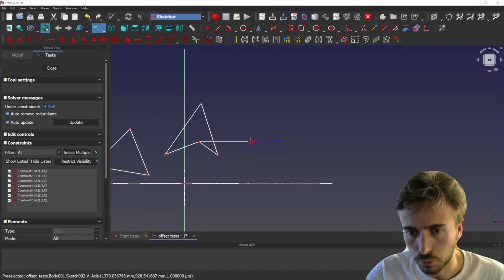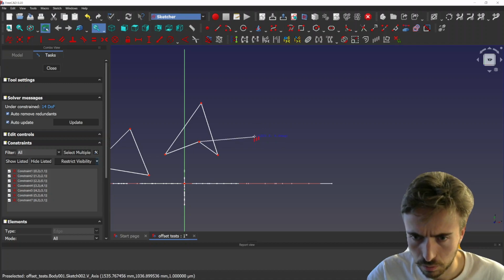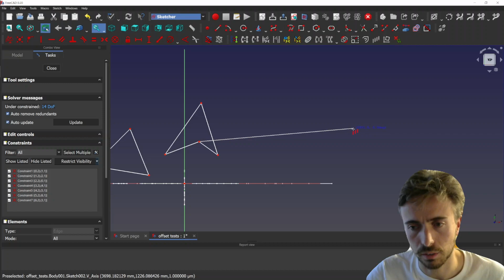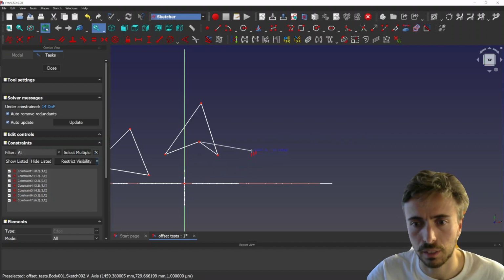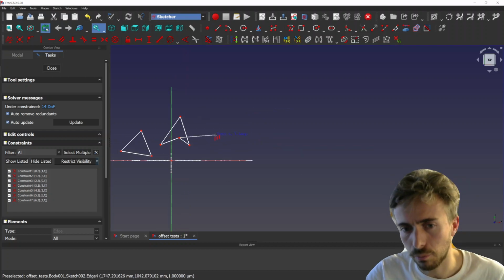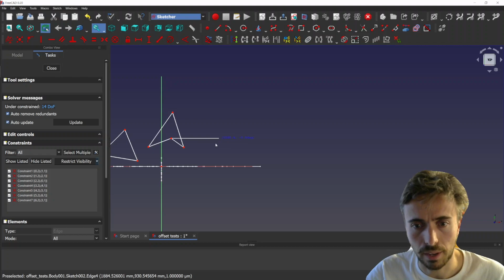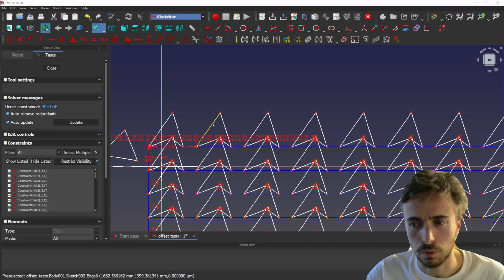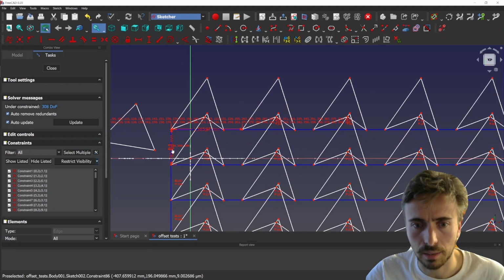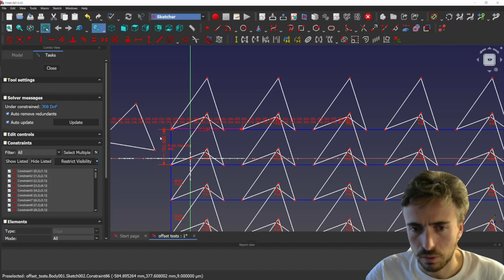Also, you don't have a preview, so it's not optimal. You have a snap mode which lets you go straight, horizontal or vertical, or at 5 degrees. So that's already nice, but you don't have a preview, and I'll show you. If you do it like this, then you get all the copies at once, and you see you cannot choose the bottom spacing. And while you can have inter